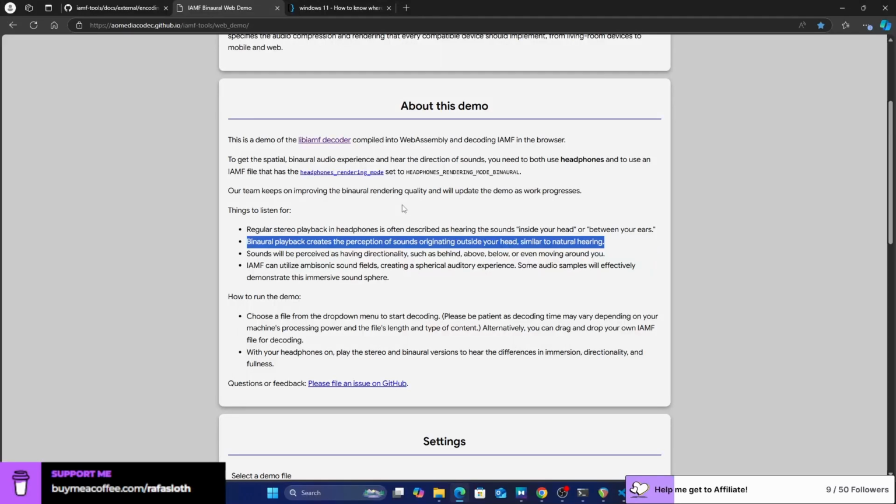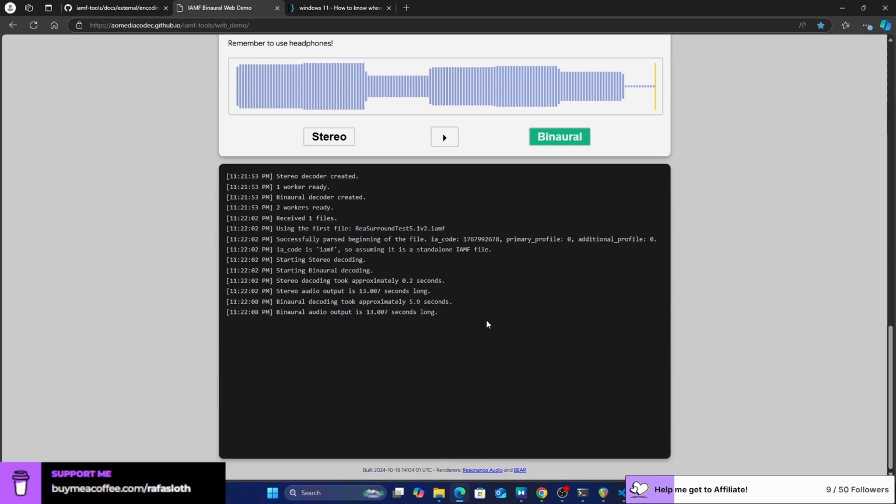It's pretty crazy. But yeah, that's the new music. So yeah, IAMF will let you create immersive music pretty much when it's fully adopted.